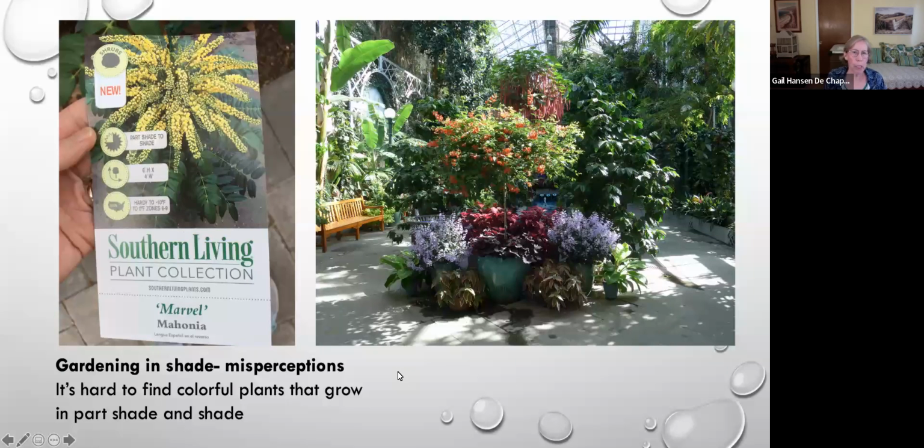Another misperception is finding plants, especially colorful ones, that will grow both in part shade and shade. So there's maybe this limited plant palette because plants can either only take full sun or full shade, and then there's that curious place in between where they're going to get some sun some part of the day and then shade the rest of the day. And I do agree it is a little bit harder to find plants that can withstand both of those conditions,